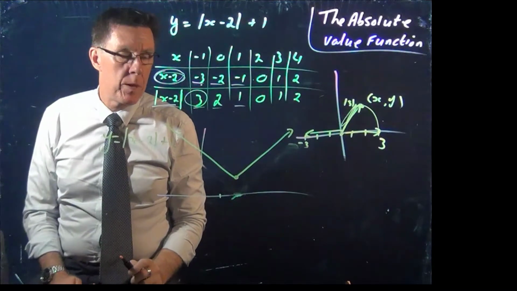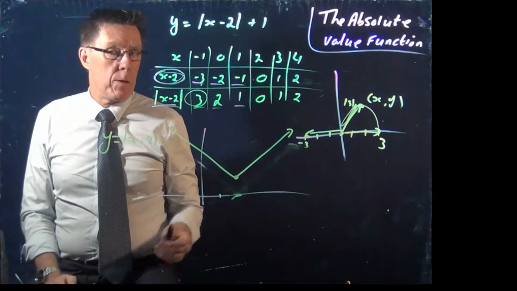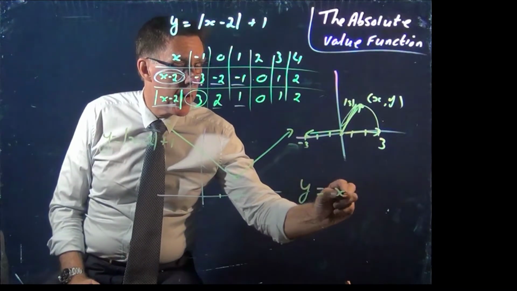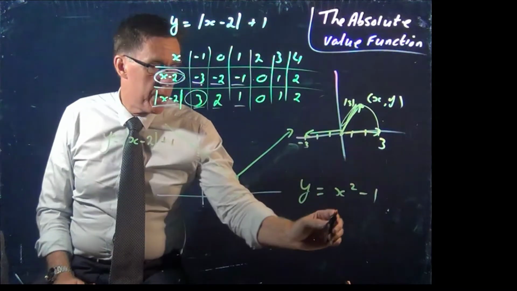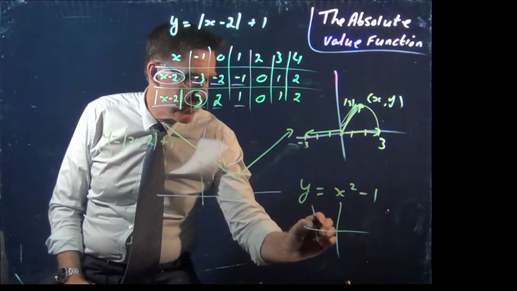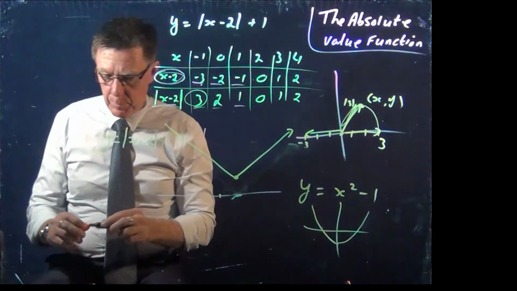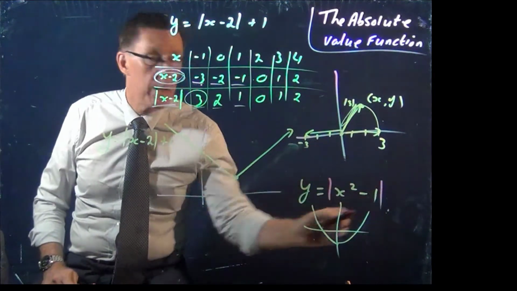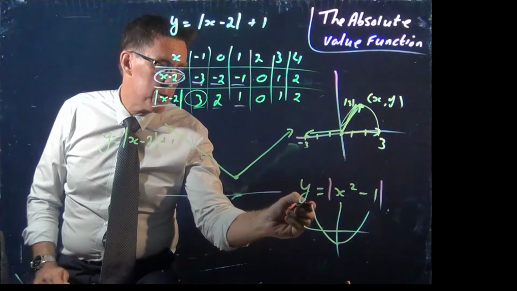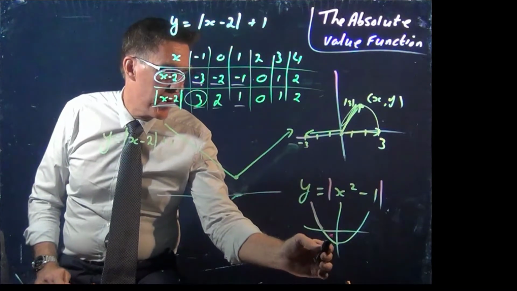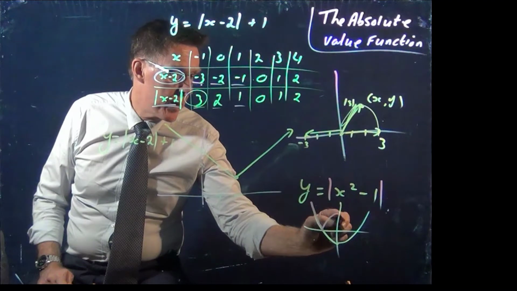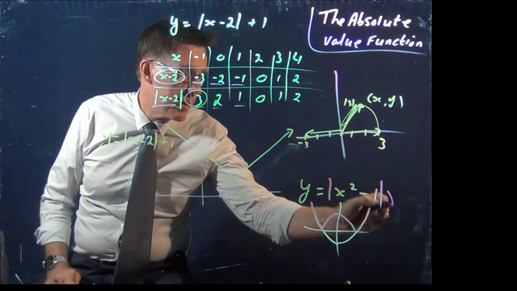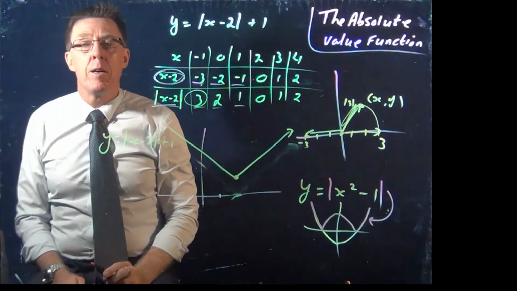Absolute value graphs. Anything that's below the x-axis gets flipped. For example, if I had the graph of y equals x squared minus 1, it looks like this. If I had the absolute value of x squared minus 1, it's going to look like this. Everything that's above the x-axis stays there. Everything below the x-axis gets mirrored back up, and everything above the x-axis stays there. So that is the graph of x squared minus 1,